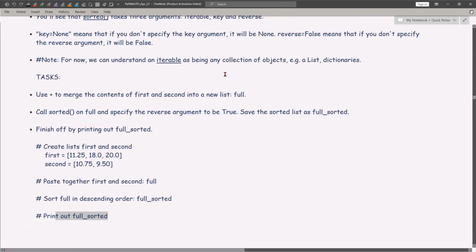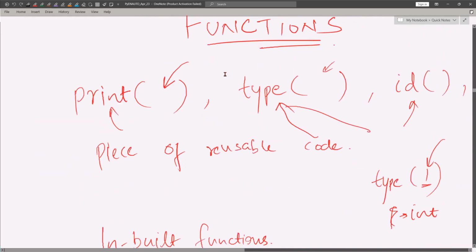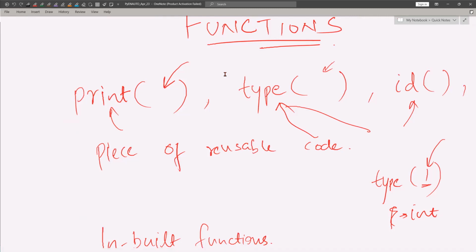I'm not sure if you guys noticed, but when it comes to giving input arguments to functions, most of the functions that you dealt with were able to work with different types of input arguments, right? In the print function I was able to give strings, also integers, lists, anything in it. Similarly for the id function and the type function, although there are exceptions, these specific functions like the string function and the integer function